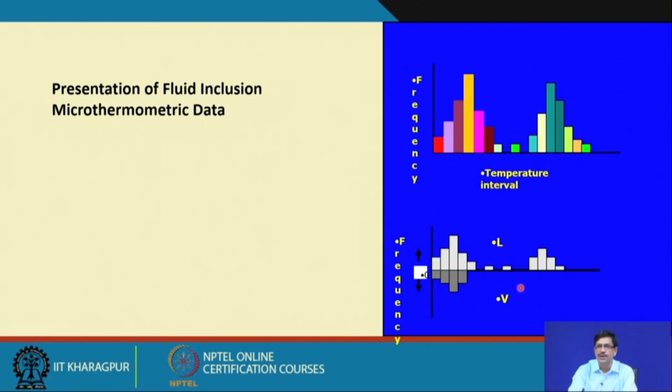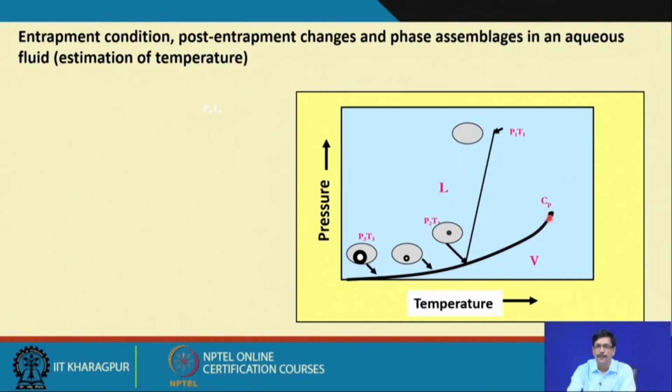This is a diagram on which it is shown that the homogenization that we get could be of two different modes. The homogenization could be of the liquid phase or could be to the vapor phase. For example, if the fluid was initially in a vapor state, then any inclusion which is trapped over here will essentially be trapping a vapor, and with decrease in temperature, that vapor rich inclusion will give rise to liquid, and the only difference will be that if it is a vapor phase